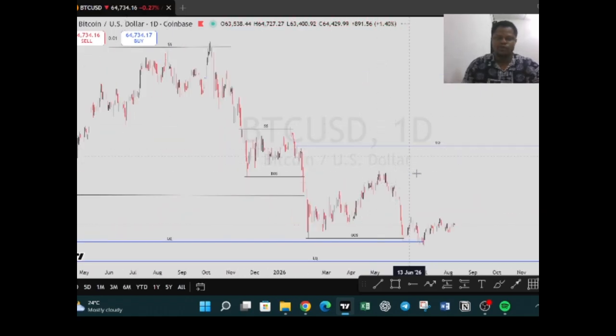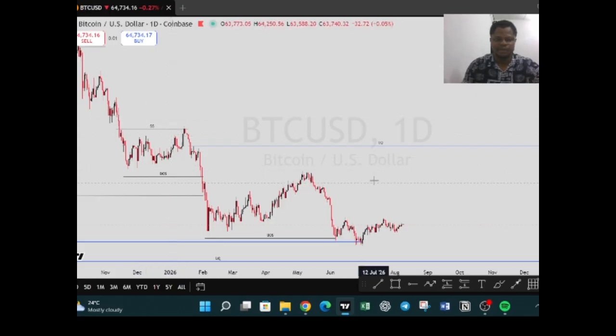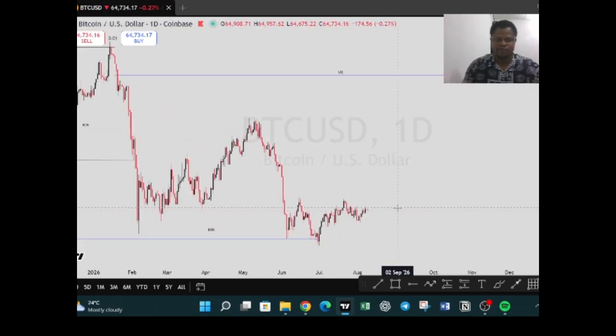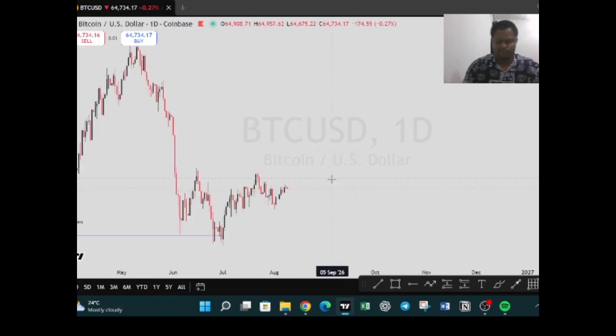So for us to buy, we need to see the same thing that played out here also play out on this other side. Since we have a break of structure to the downside, we need to see a break of structure to the upside for us to be able to buy BTC. Now from this level here, we can see on the daily time frame that this level,